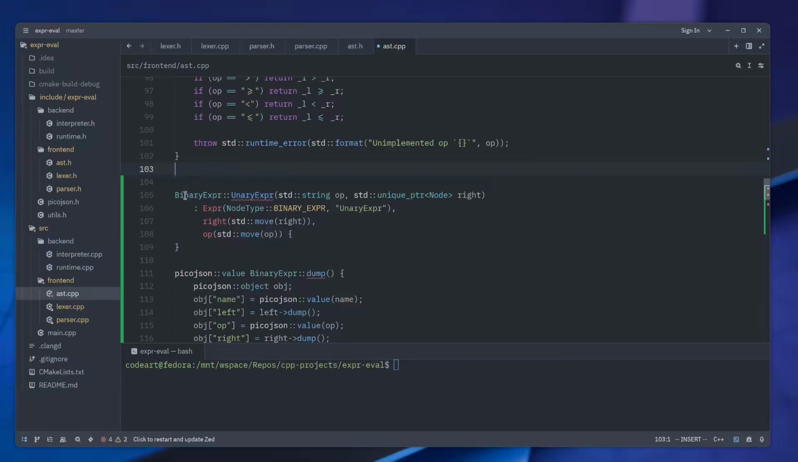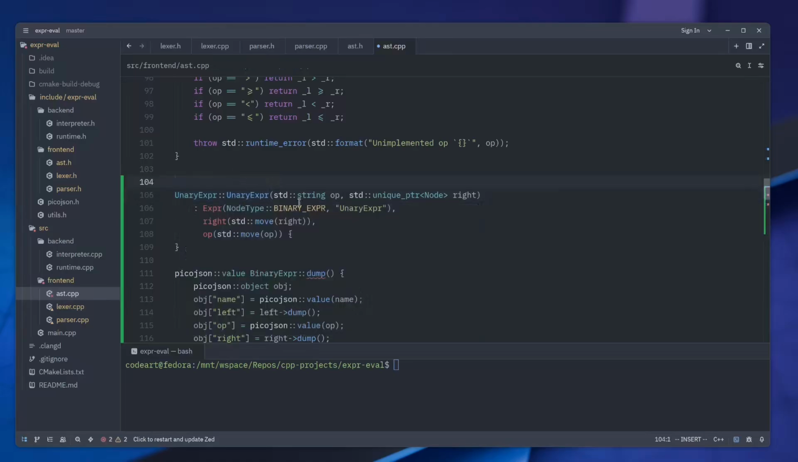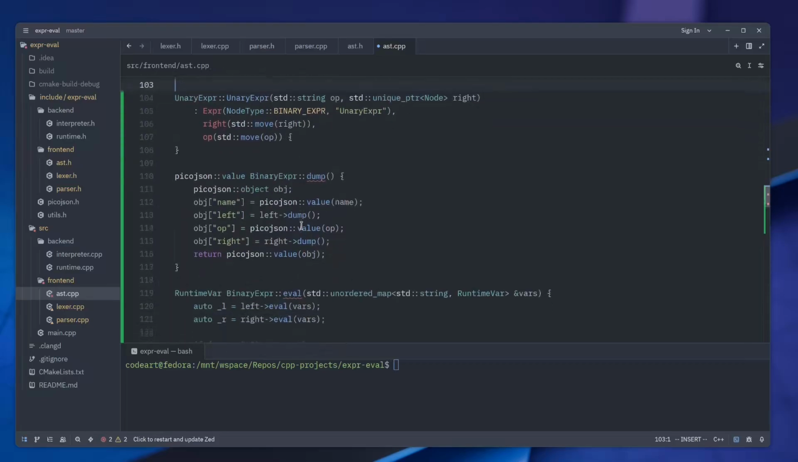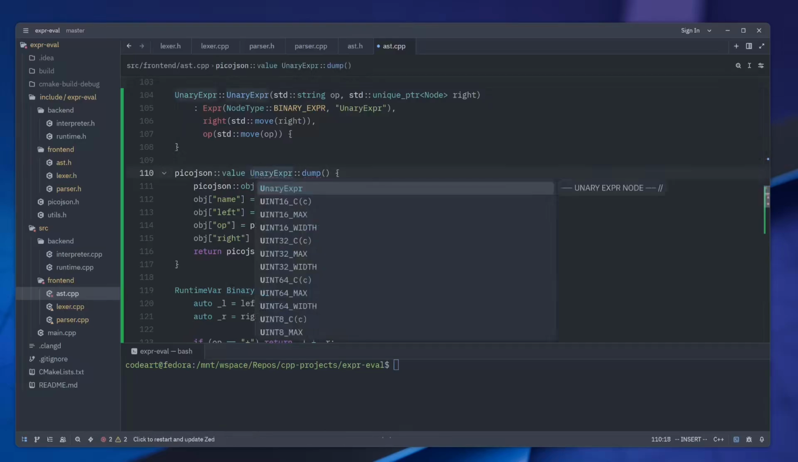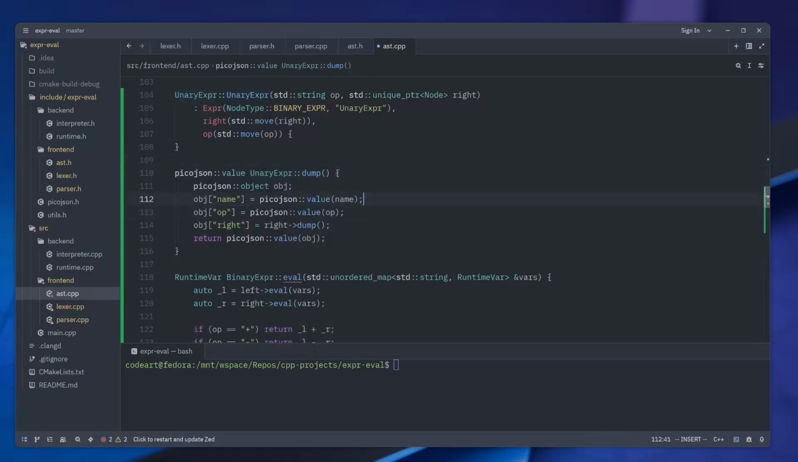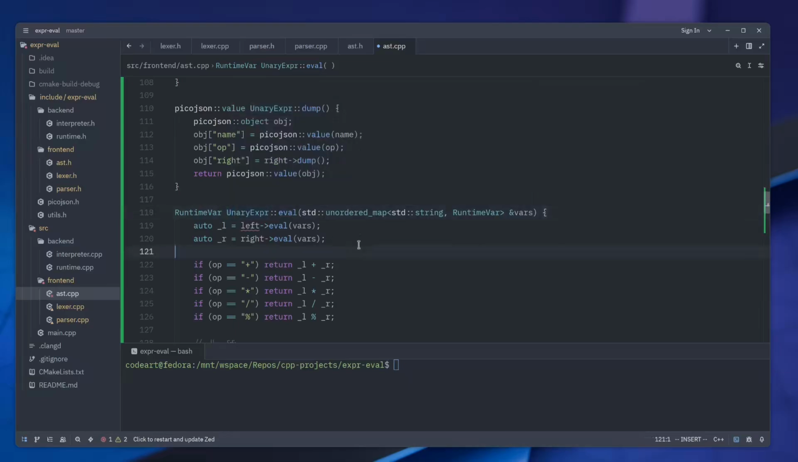So this should return unary. Yeah. So that's for the unary constructor. For the dump, we don't have left, so just remove left from this. You only have the operator and the right expression, so that's fine. And then for the evaluate, we'll be evaluating the unary expression, and it's quite similar to